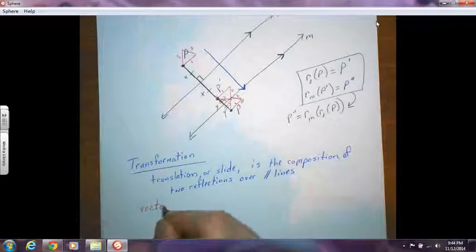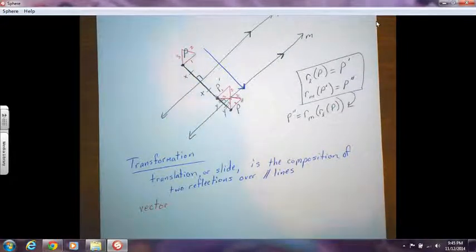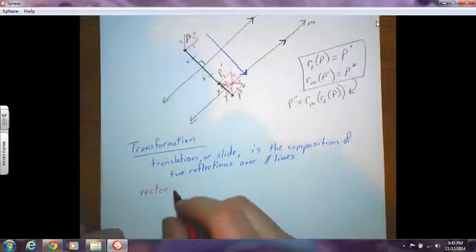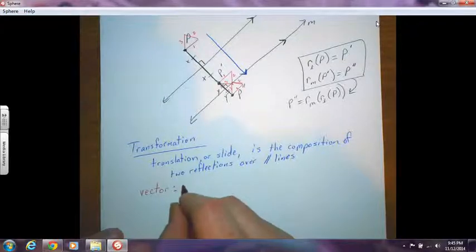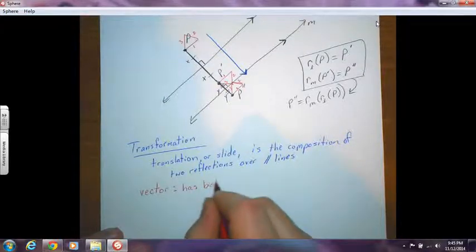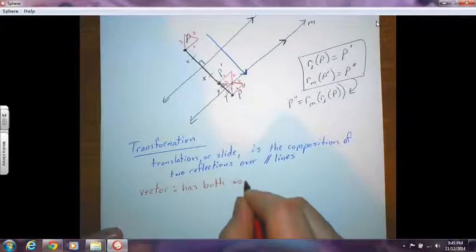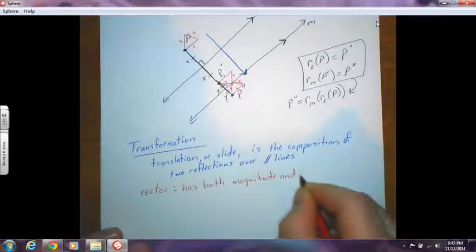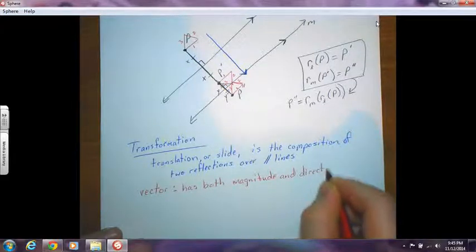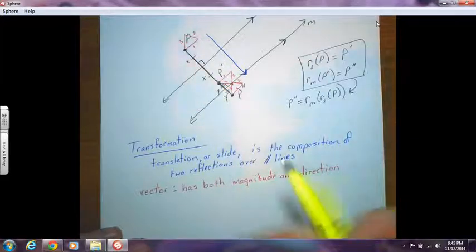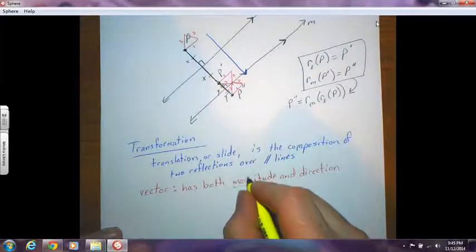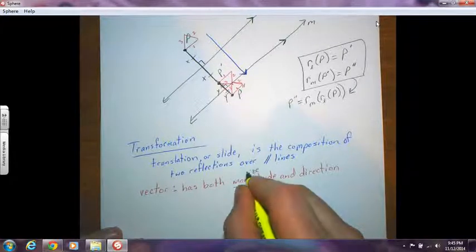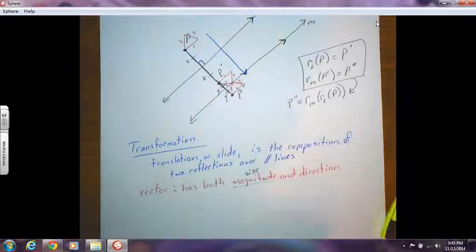And so a vector in mathematics and in science class, when you guys get to physics, you'll see this. A vector is something that has both magnitude and direction. And magnitude, that's just a fancy word for size, or in our case here, length. So it's going to have a size or a length and a direction. And to figure out what that is,